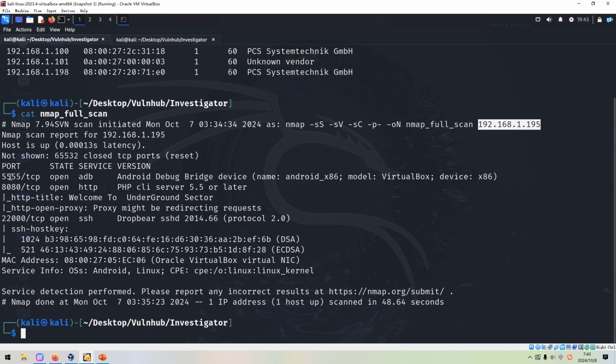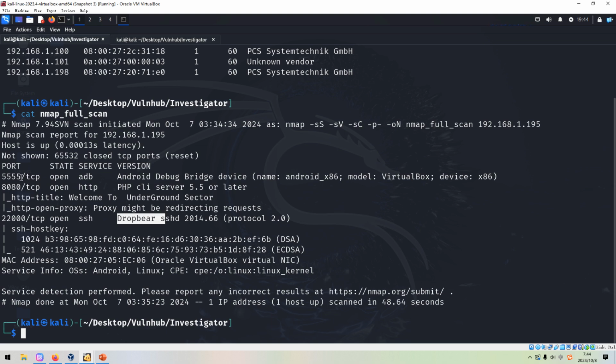Anyway, from the Nmap scanning results, we can tell that the target has 3 open port numbers. As you can note here, the last one, 22000, a very high port number, is used by the SSH service, and the service is a bit different from the normal OpenSSH: it is Dropbear.